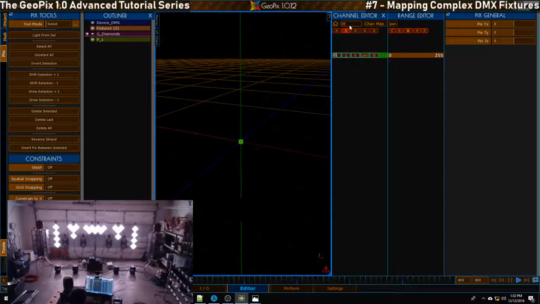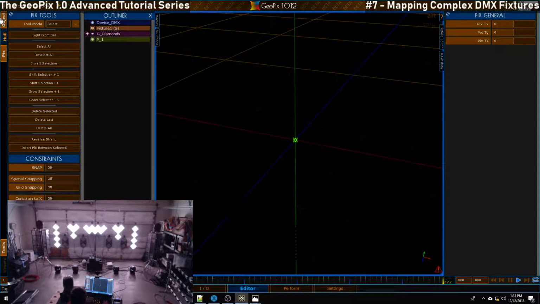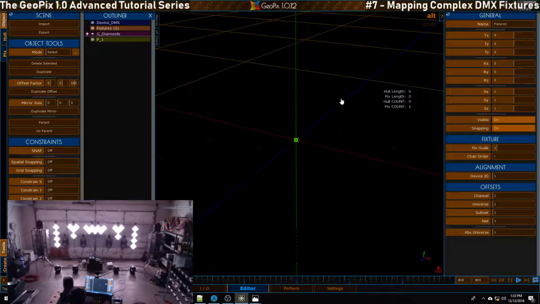When you have channels here, you can only have 4 characters or less, and this is so that they fit inside of this window. This may change in the future, but for now, just keep your names to a maximum of 4 characters. So, going back to object mode,